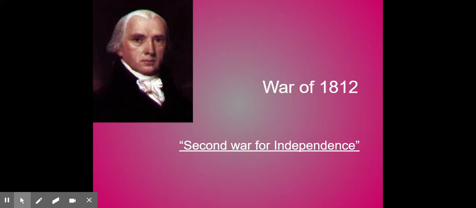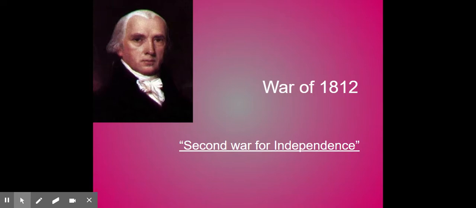There's no worksheet or anything like that that you need to fill out. So please be sure that you are jotting things down as we go through this. Now, this is kind of a complicated war. I'm going to give you the high points and kind of give you a timeline, but it could get much more complicated, much more complex than what we're going to do in this little lesson.